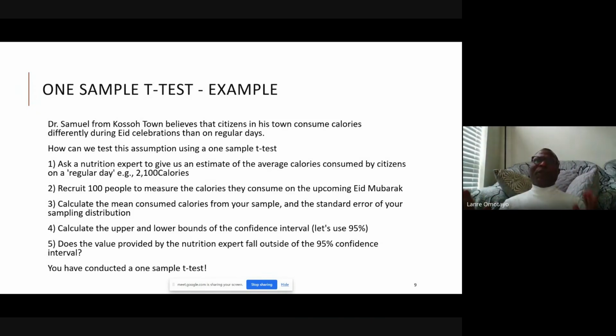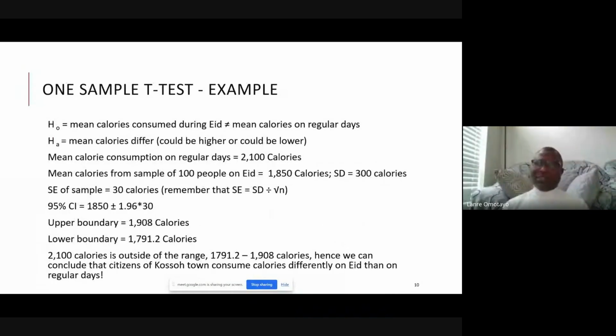If, for instance, we calculate the point estimate in our population to be 2,500, and we compute the confidence bounds, and it turns out that our confidence bound is 300, what it means is that, with 95% confidence, we can say that